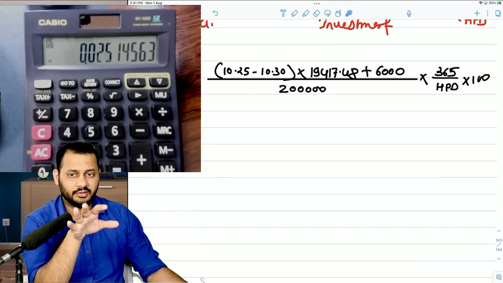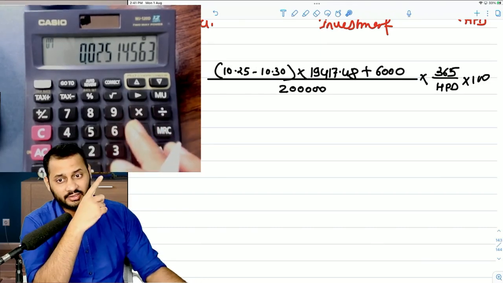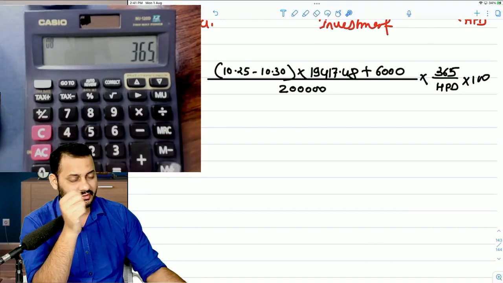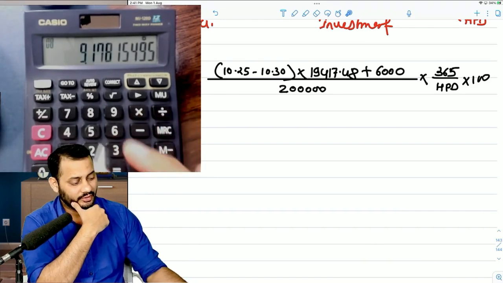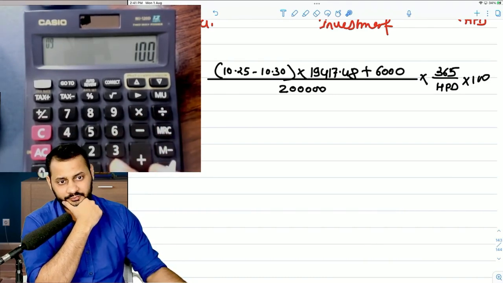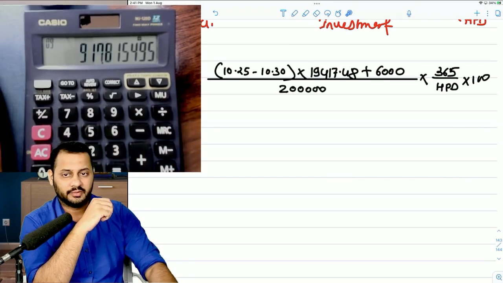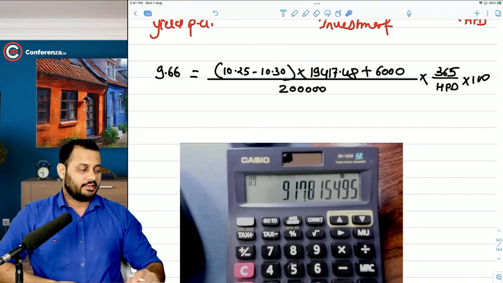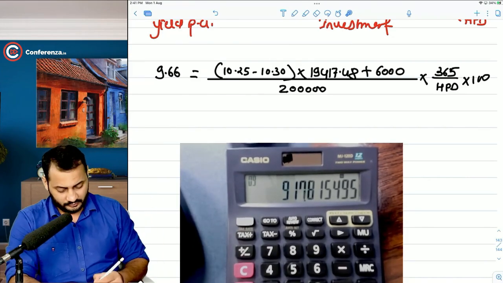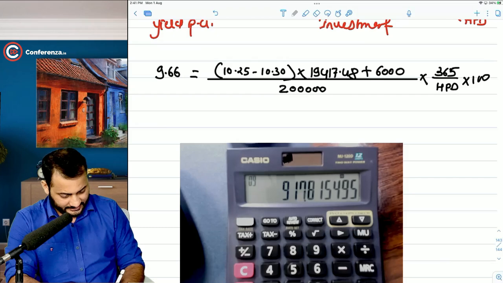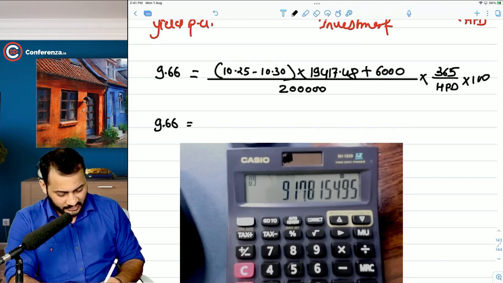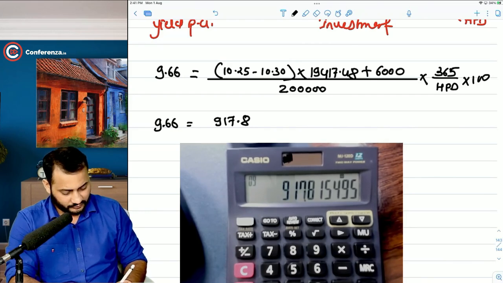Okay, that's comfortable. Now you multiply it with the 365. We can clearly see it there, 365. Then multiply it by 100. You can see it at the end. And then what will happen? This is the answer. See, 917.81. So this is 9.66 on this side and 917.8155